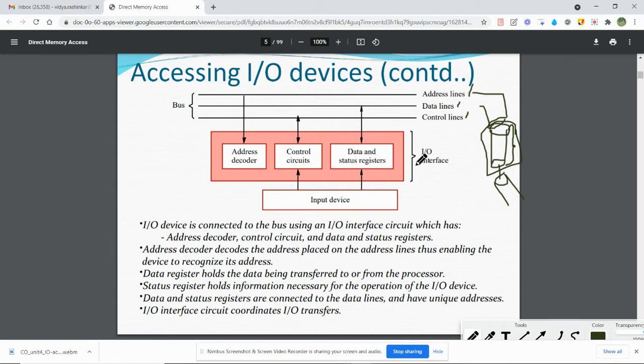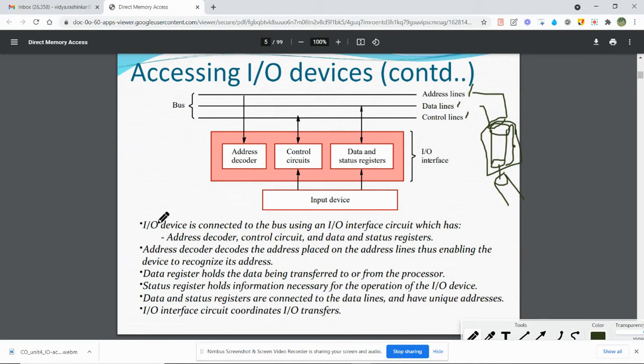This IO interface helps make the interaction with the computer simpler. It is the same as the interface between the tap and the pipe. Here the encoding decoding techniques may differ from that of the computer. For that reason, we require this IO interface.